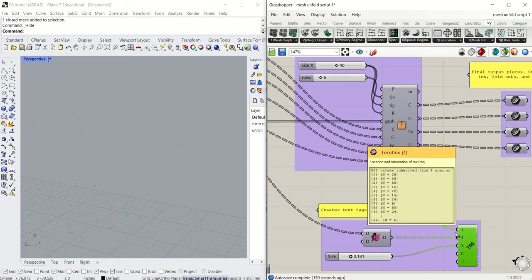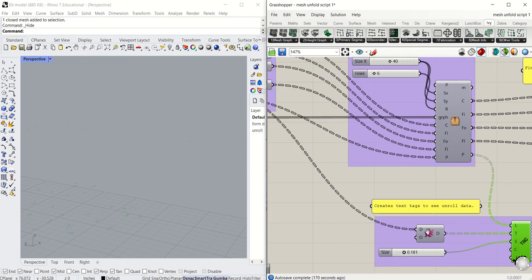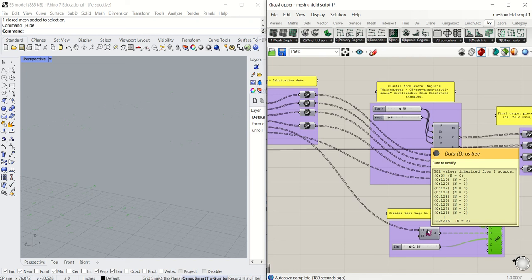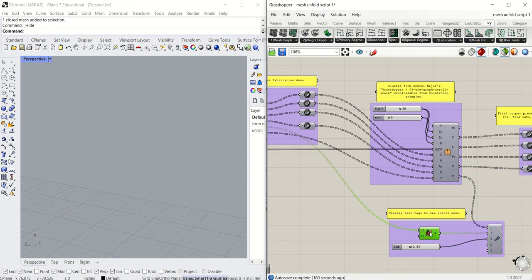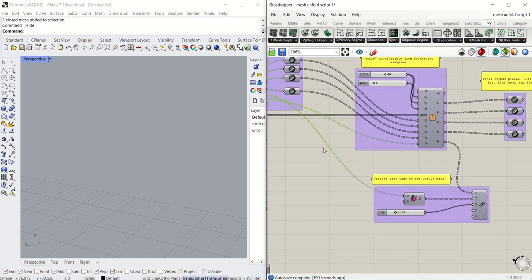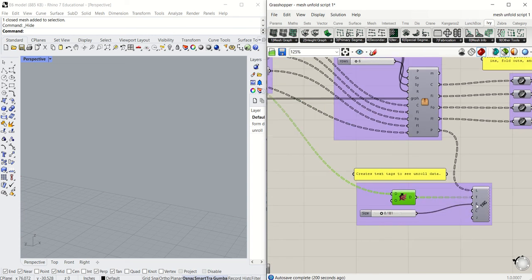So tell it the location that you want to see, and you don't have access to all of the branches. So this shift paths component just takes in the tree text from the flat fabrication component, and we'll take the data and put it right into the text tag here, and it allows you access to all of the tree branch components. And then finally, you want to be able to adjust the size of these